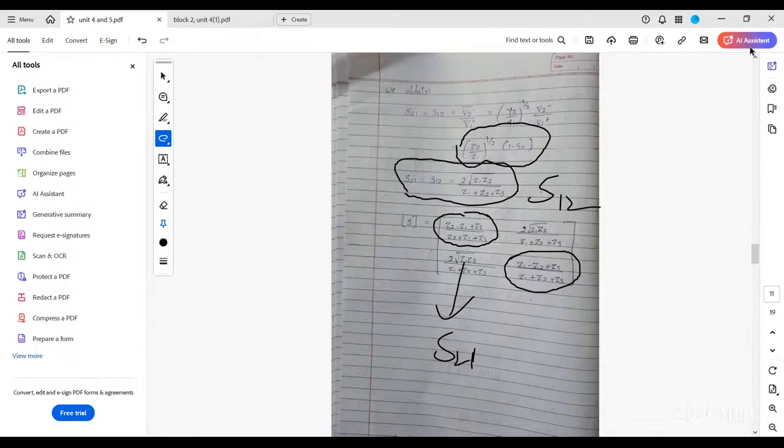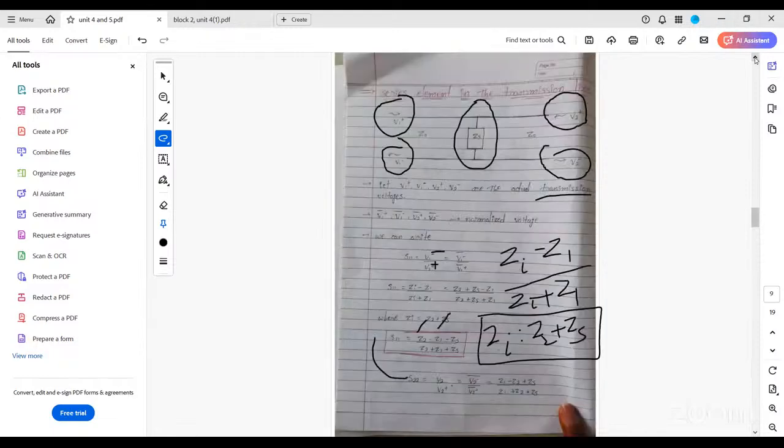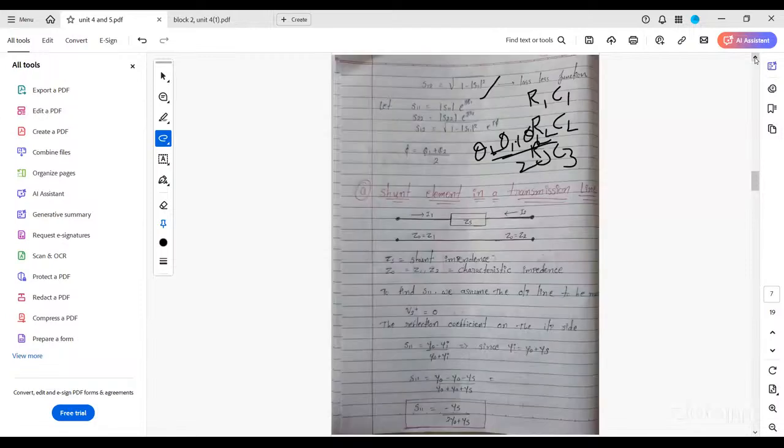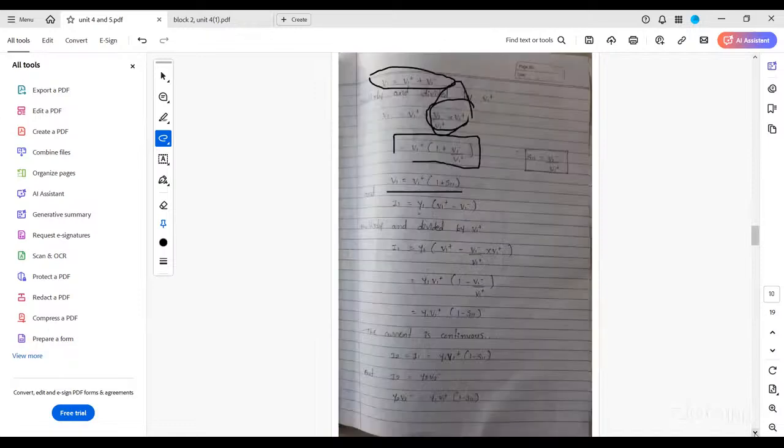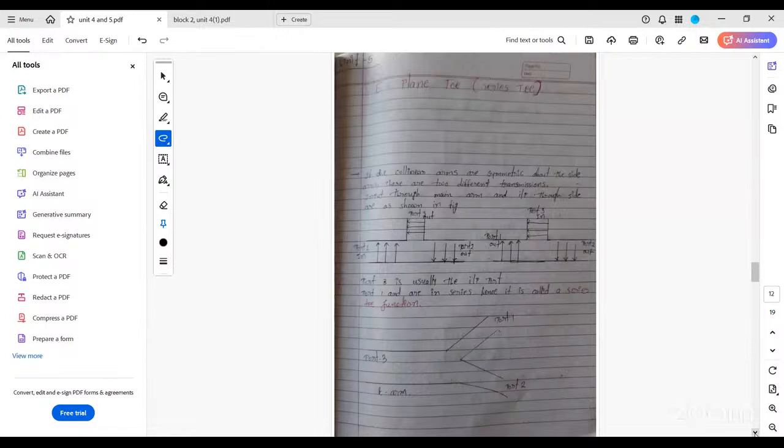So, the final conclusion in this topic is that impedance we are calculating both in series and shunt element. In shunt element, impedance is connected in series. In series element, impedance is connected in parallel, and we calculated 4 parameters. The 4 parameters are S11, S12, S21 and S22. Next, we will discuss about